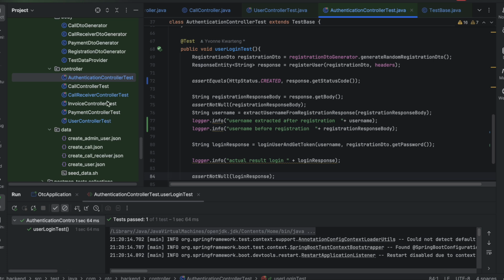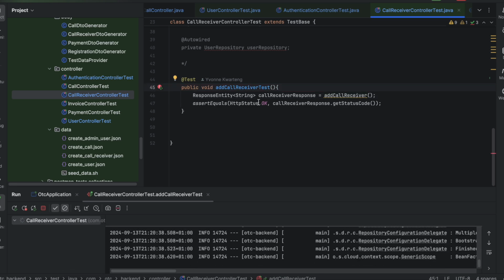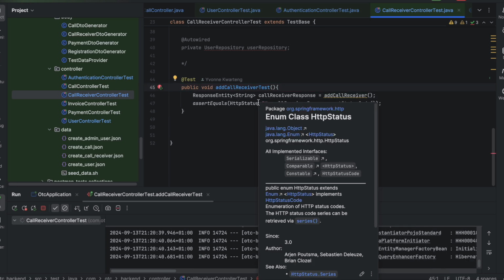Let's move on to call receiver. Okay, let's see if a call receiver, we can create a user, do this thing, and then